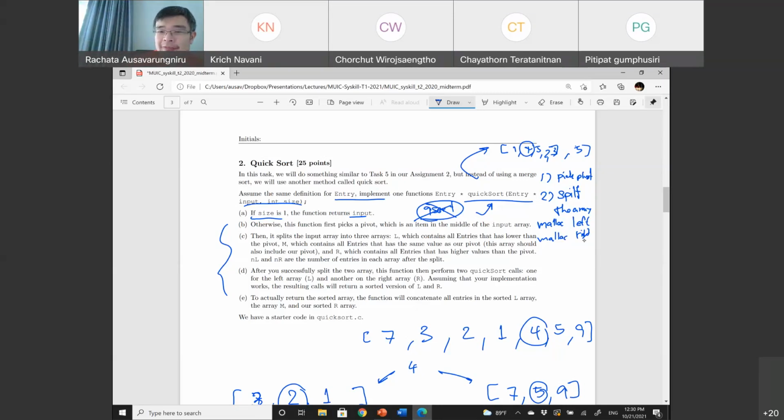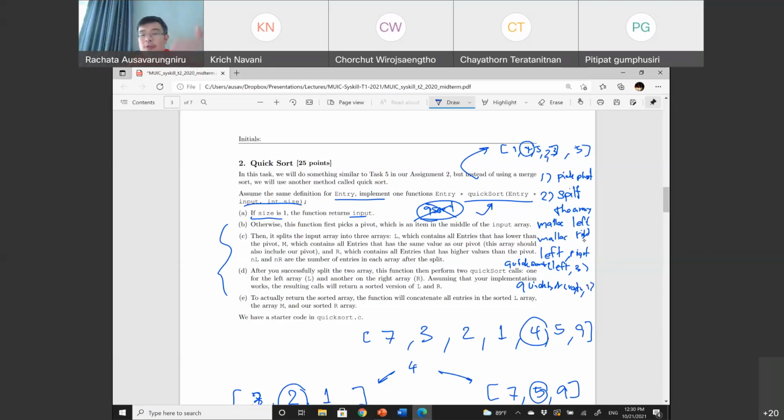Then once you have the left array, let's say it's called left, and the right array that's called right, then you would again recursively call quicksort on left, and the number of elements in the left side. So over here, 1, 2, and 3 will be in the left side, so it's left 3. And then quicksort the right side, which now only has 1 element.